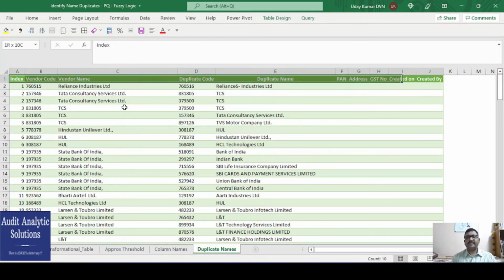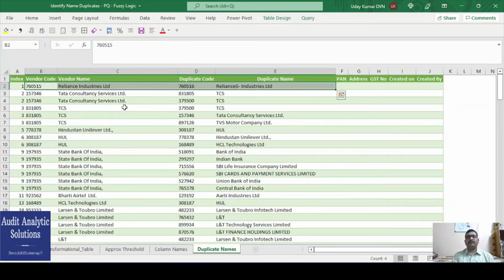So what does this report give? The report basically gives that index, that running number that I said. This is the vendor code. That's the name that I had given, vendor name. What is the duplicate code? What is the duplicate name? If you see Reliance Industries, Reliance Industries. As I said, the names are just random names. So ideally, if you do a pivot, this will not be picked up as a duplicate; this will be a unique running item.